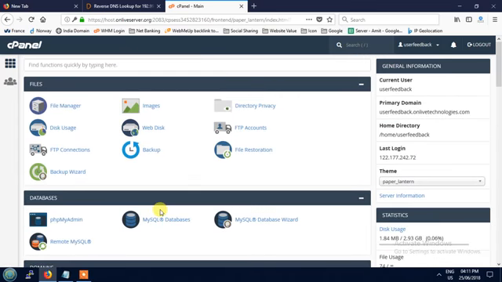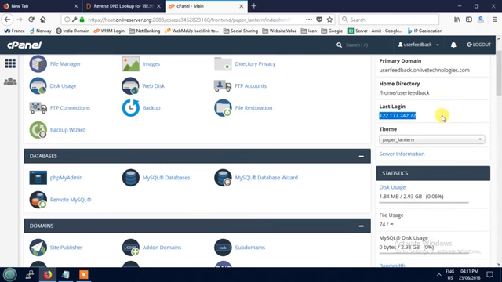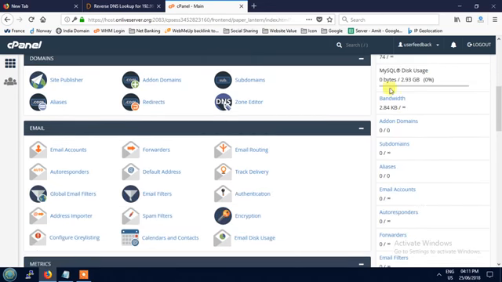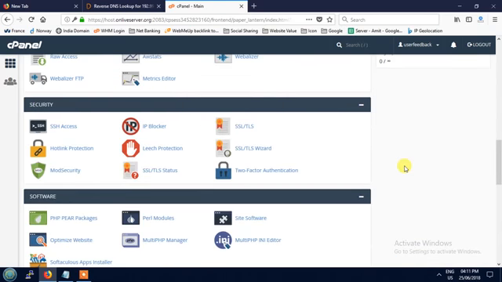In this manager you can see different menus and the different directory structure mentioned here. When you go to the left corner, there is the username, primary domain, and where the data is. This is the home, userfeedback, and this is the local IP address where you have logged into your cPanel server, and how much space you have used. I have used only 1.6 MB out of 3 GB, and this is the MySQL database, bandwidth, subdomain and more things.